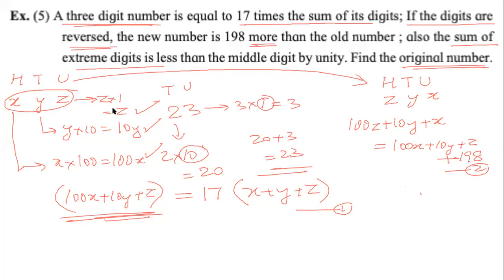What is troubling you? Do you understand? Do we understand the meaning of sum? Do we understand the meaning of extreme? Do we understand the meaning of digits? If we understand these three words, then we can. I am asking, the last sentence is sum of extreme digits. Tell me, how do we write sum of extreme digits? Using mathematics, using the variables.